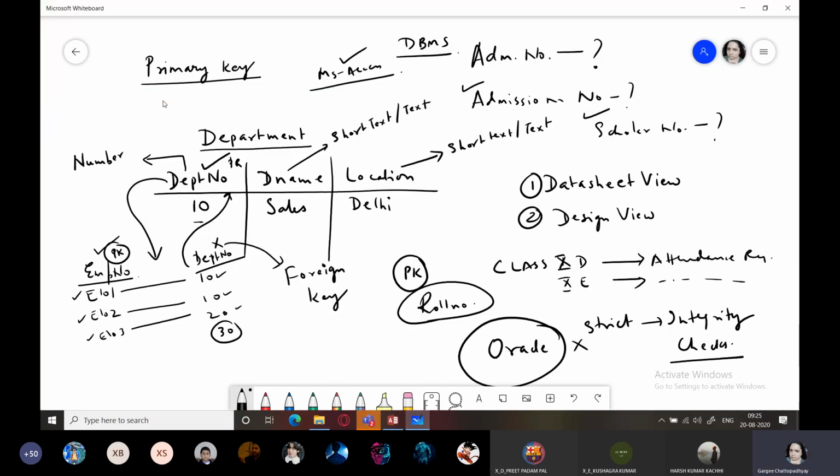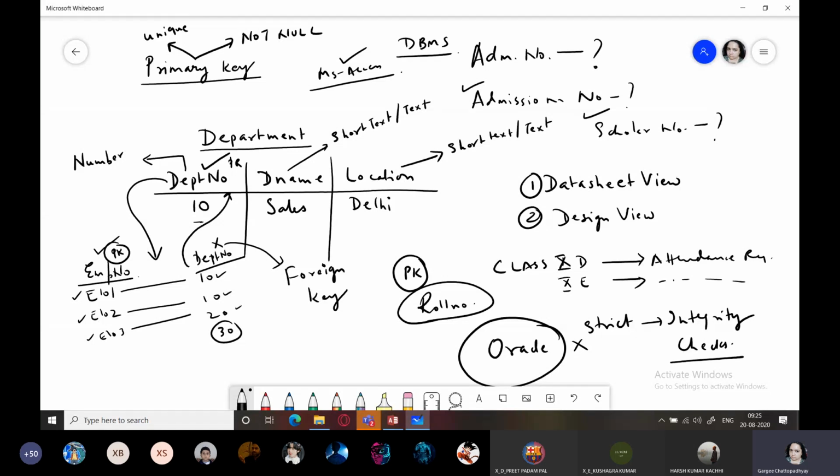There are two things associated with a primary key, students. Firstly, it is not null. That is, it cannot be left empty. And secondly, it has to be unique. These two features are always added with primary key.